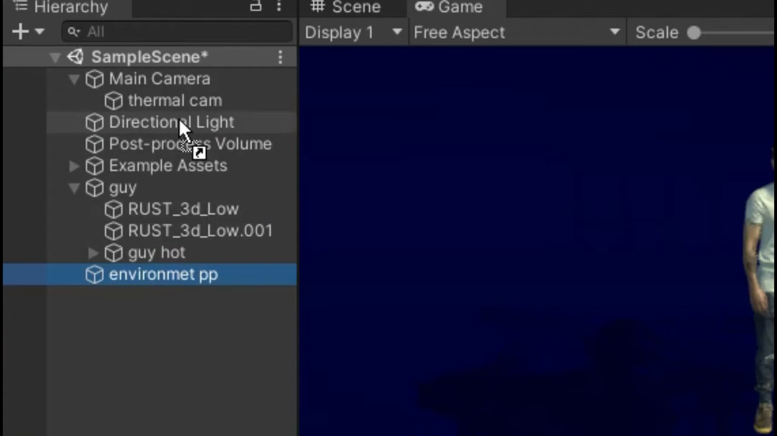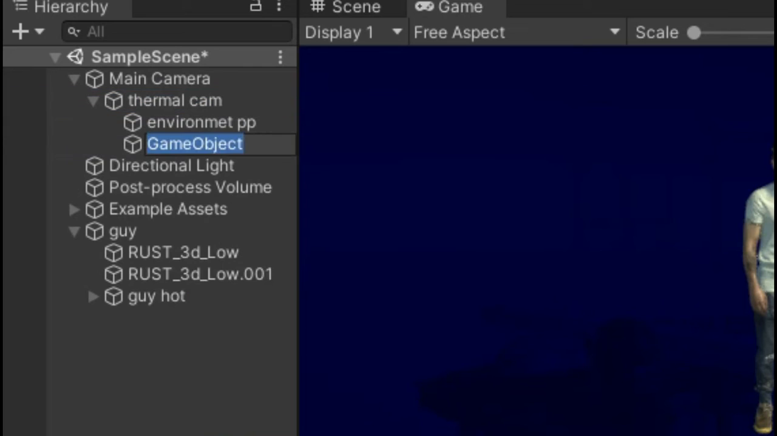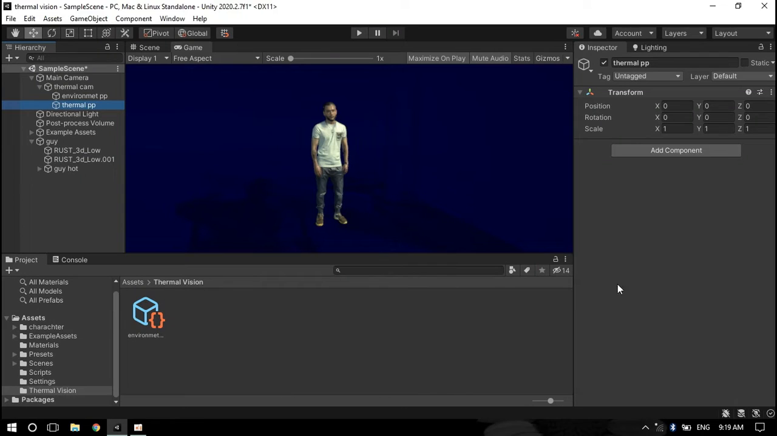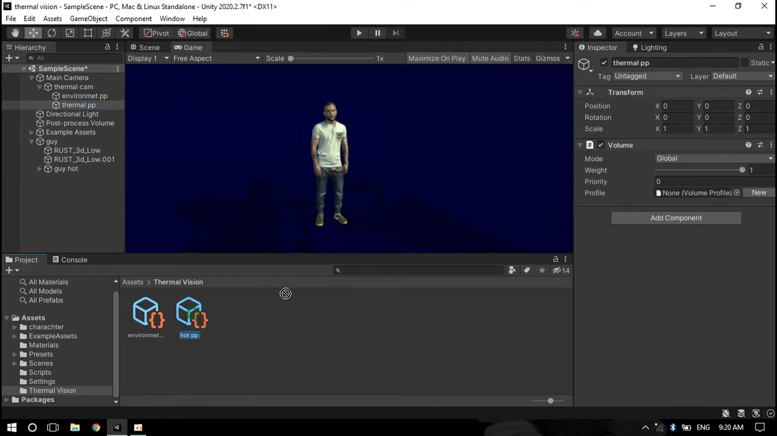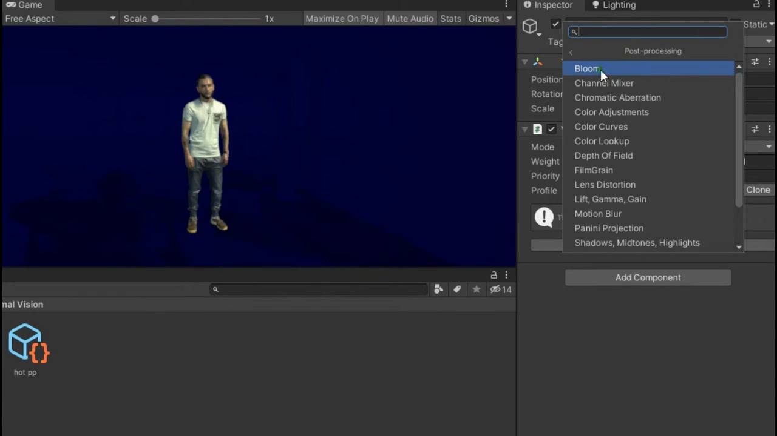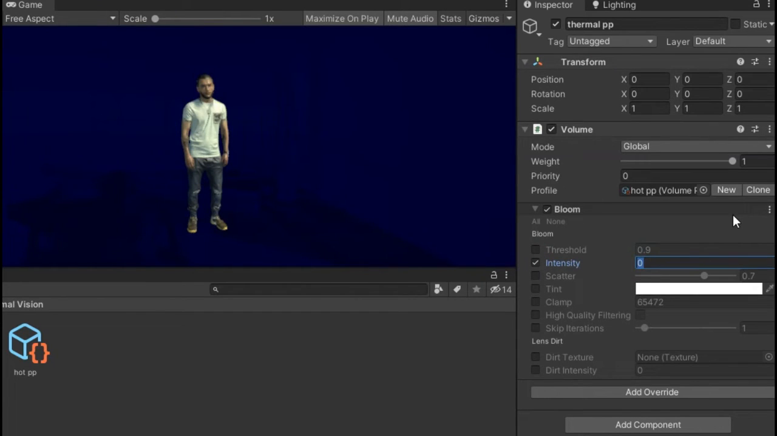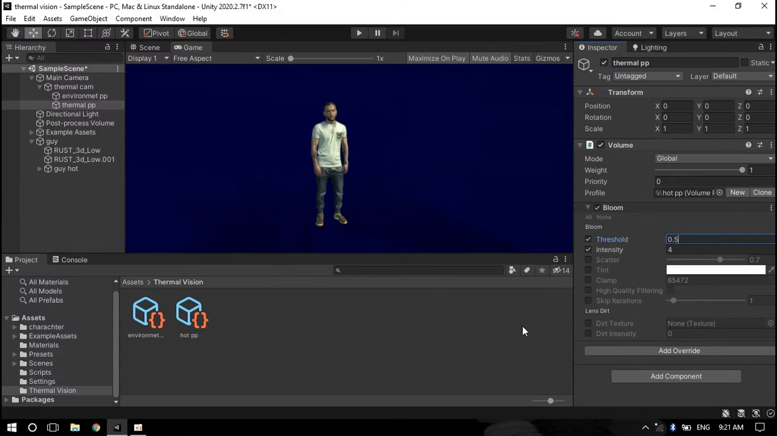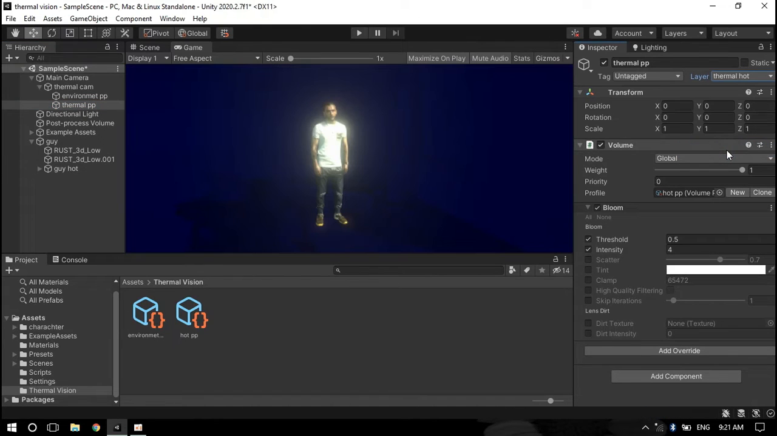Alright, I'm gonna put my post-processing stuff under the camera. And let's create another post-processing for the hot layer. Add the volume and another profile. And this one's only gonna have a bloom. I'll increase the intensity a little bit and I'll decrease the threshold to 0.5 so that the unlit materials can glow too. So we have to put this post-processing game object in the hot layer so that it can affect